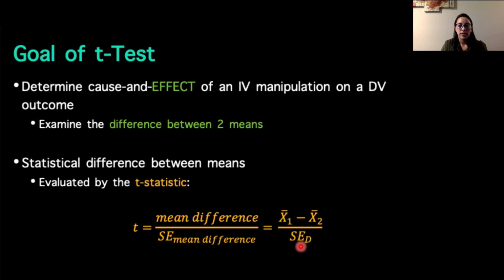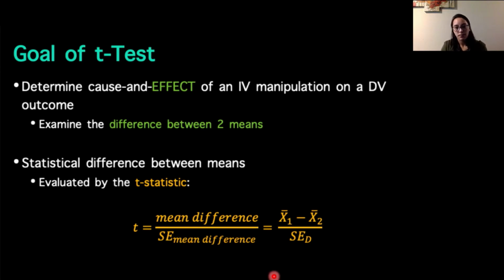There are different ways to calculate this. We're not going to go into that for this class. Usually SPSS will provide you with the standard error of the difference, so you should be able to calculate the t statistic just using the information that you're given in your output. T is also calculated for you in SPSS, but there will be instances in the activity where I ask you to calculate t by hand, and then we'll end up comparing that t value to a table, which provides us a different way to figure out what significance we have in terms of the difference